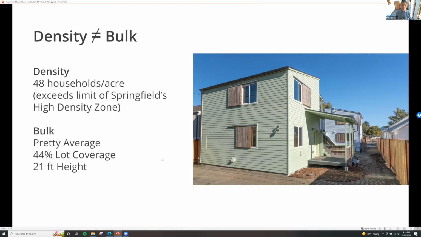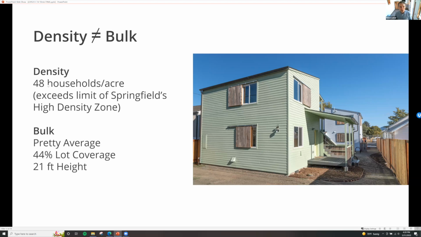I really want to drive home something that's become very clear to me to emphasize in these kinds of talks, especially when you're talking with a general audience: density does not equal bulk. In my work in this world in the last few years, I've done a lot of public advocacy to help zoning reform happen more quickly so that I can do the work I want to be doing. And you get a lot of resistance over the concept of density. But typically what people are really afraid of is bulk, or they're afraid of poor people moving into their neighborhood, which they won't usually come out and say.